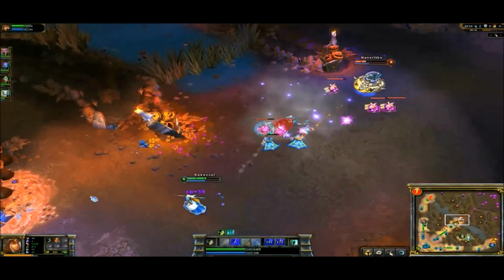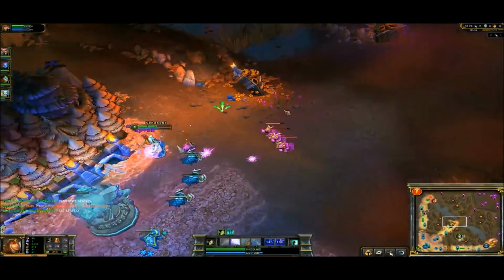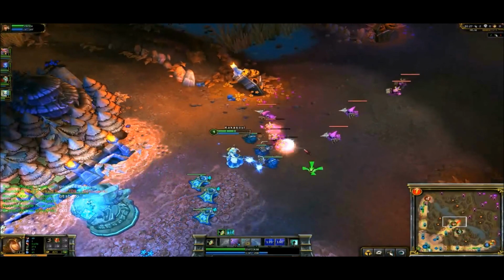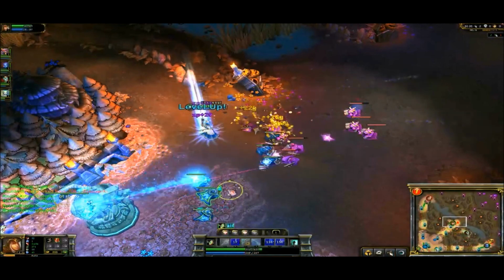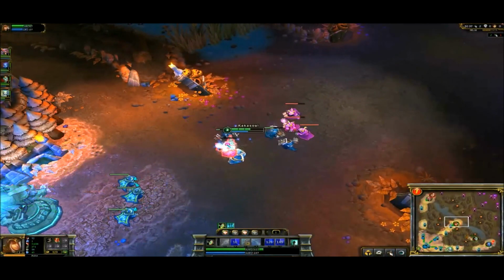Alistar is going top lane, which is probably going to be against Katarina, as Lux is in bottom lane. So top lane will be Alistar versus Katarina, which we won't see a lot of. And middle lane is Ashe against Corki. Here we see